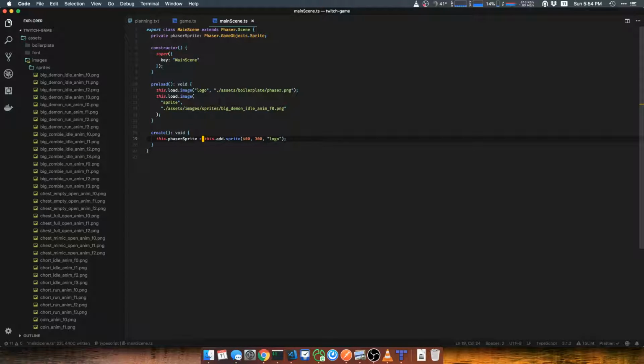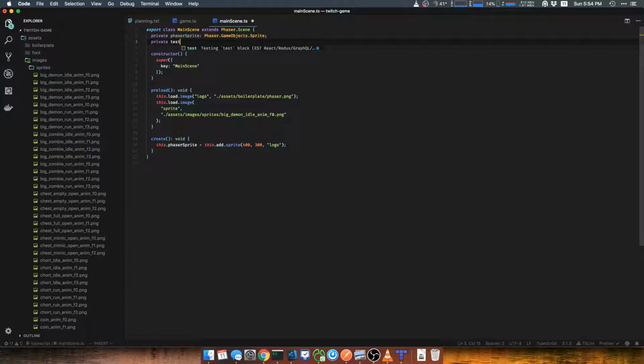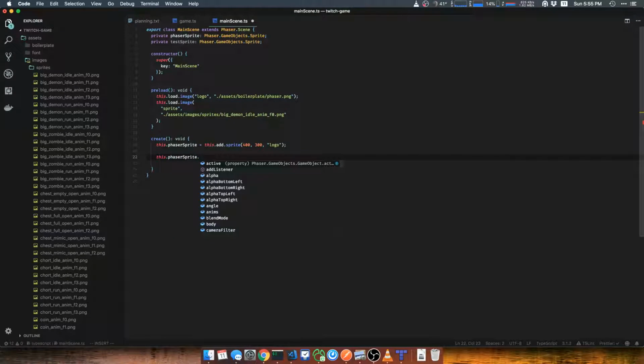So this dot phaser sprite. Oh, okay. So it's declaring a new sprite up here. So we can just say test sprite Phaser.GameObjects.Sprite. And then let's go ahead and say this test sprite. We actually probably don't need to do that. This is just so you can reference the sprite then, because then after this we can go and say Phaser sprite, and now it's loaded into the game, so we can probably do things like, looks like you can, modify